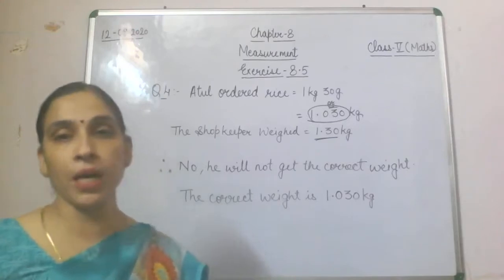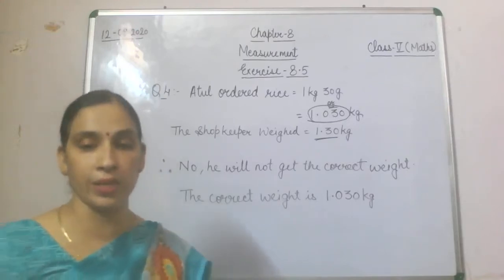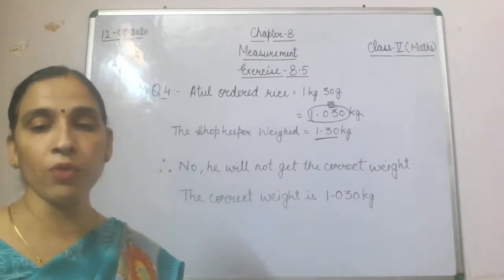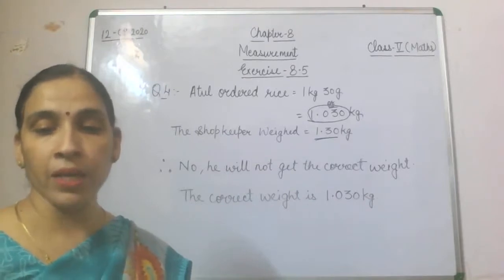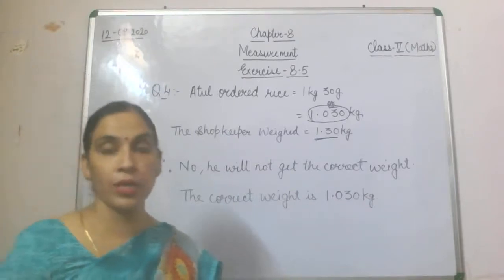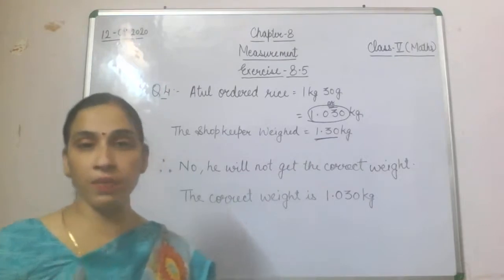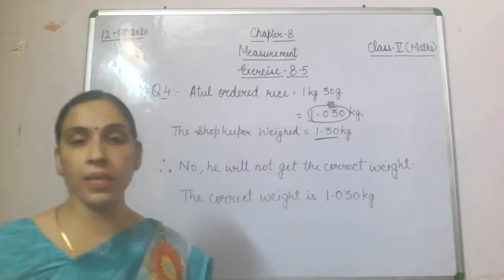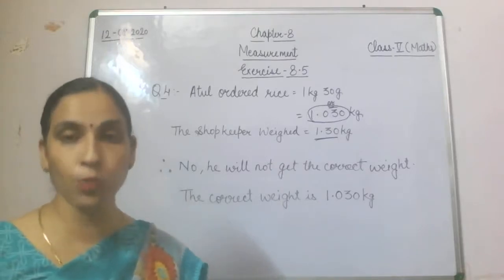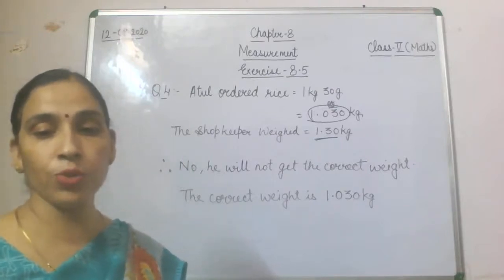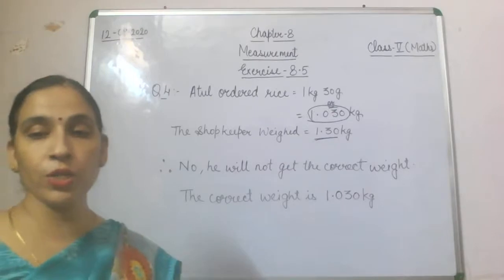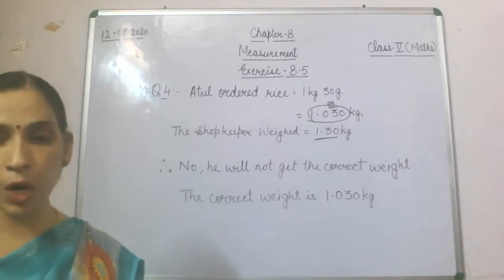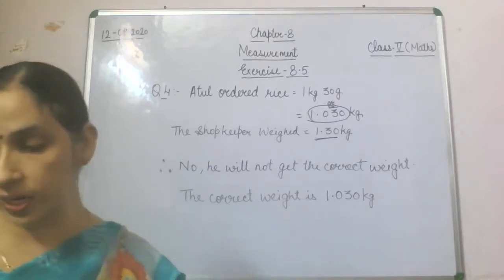Now we are going to start the fundamental operations on weight. What are the fundamental operations on weight? They are related to addition and subtraction only. The questions given in your book already arranged in columns, in exercise 8.6, you are supposed to do in your book itself. We are going to do only those questions which are not arranged, and we will start with addition of weight.